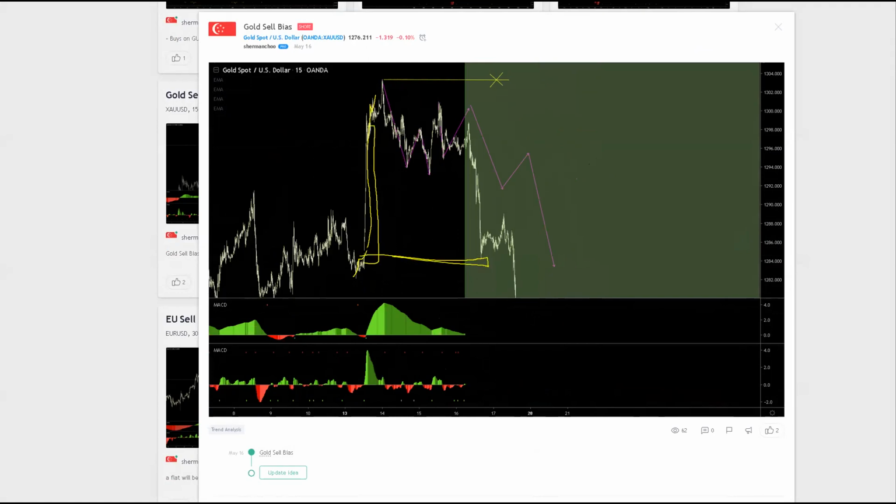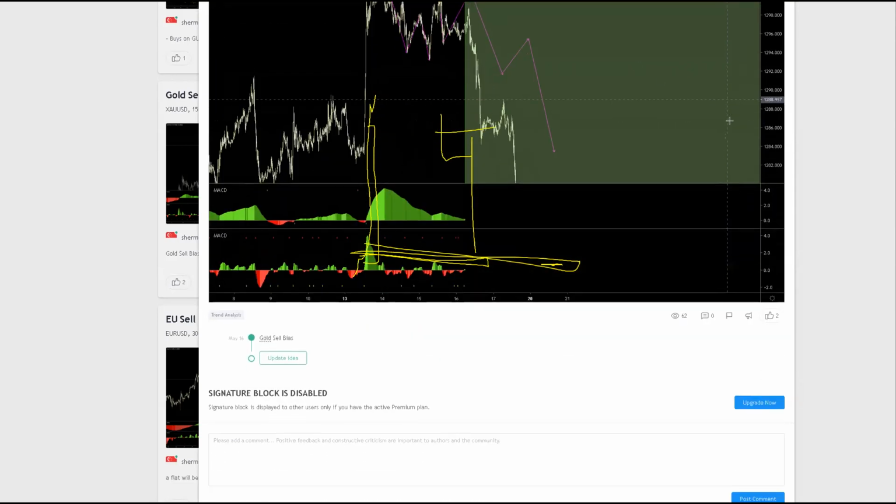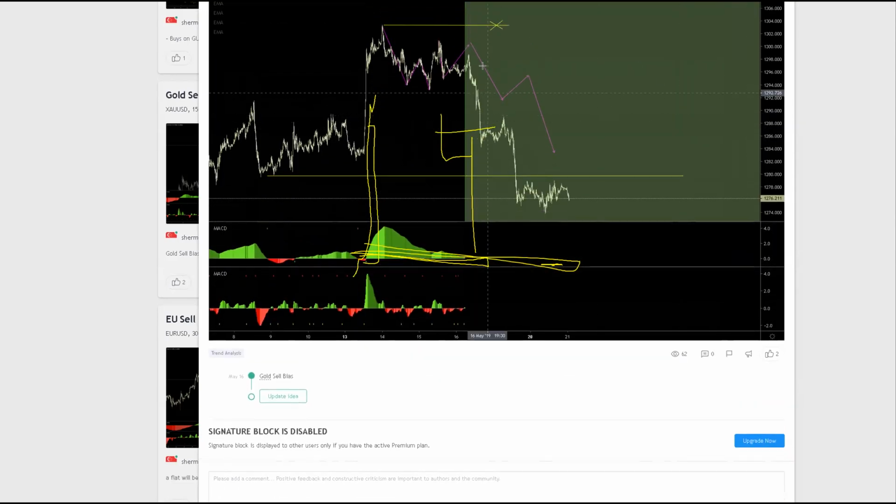It's easily cracked. You see this level here. So when you saw something like that, your target will be right to this low, the minimum. This is quite standard stuff, so you can put big lots on this because